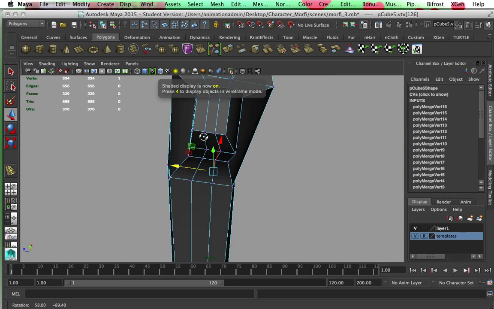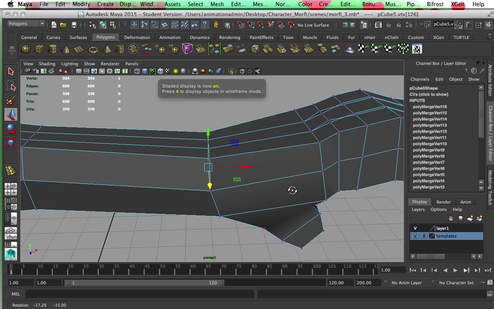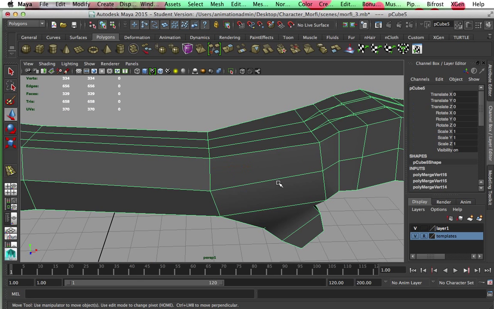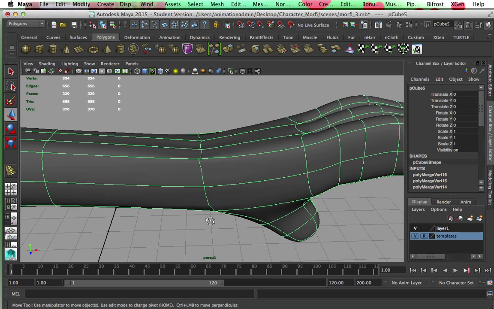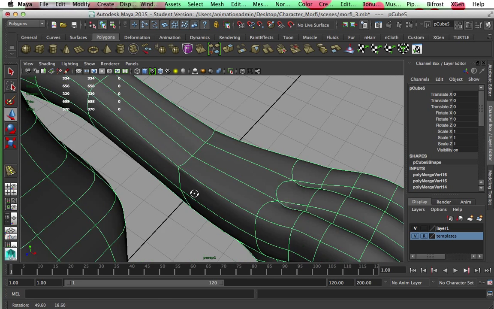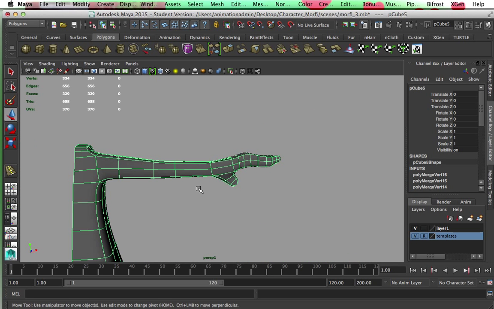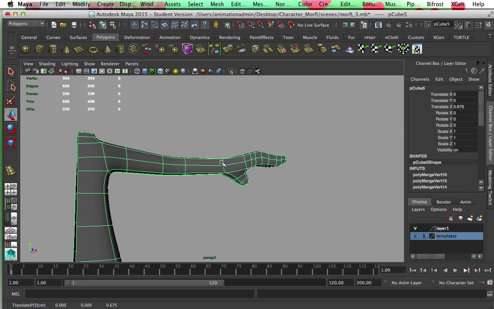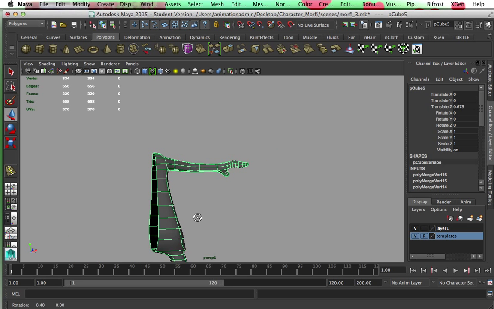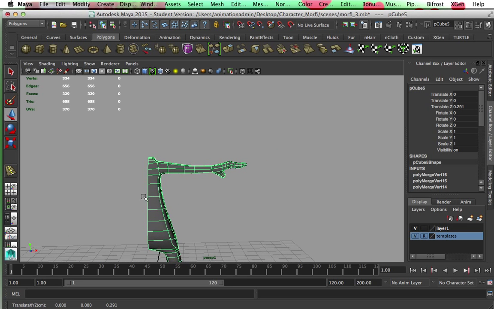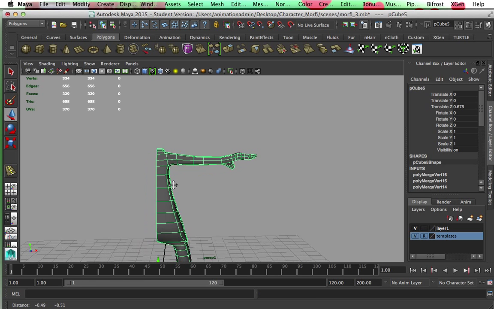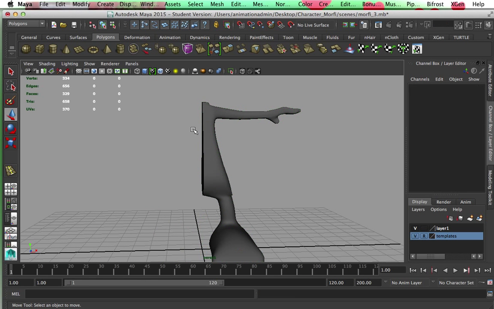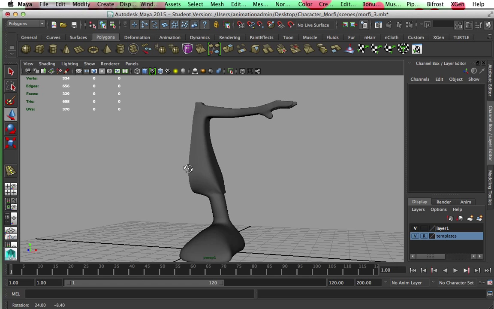All right, let's make sure nothing is messed up. Go back to object mode and much better. Okay, there were 2 points on the inside that needed to be sewn. So with that done, oops, I guess I've already deleted the other side. What you have to do is click on this side of the torso to delete it, and you can